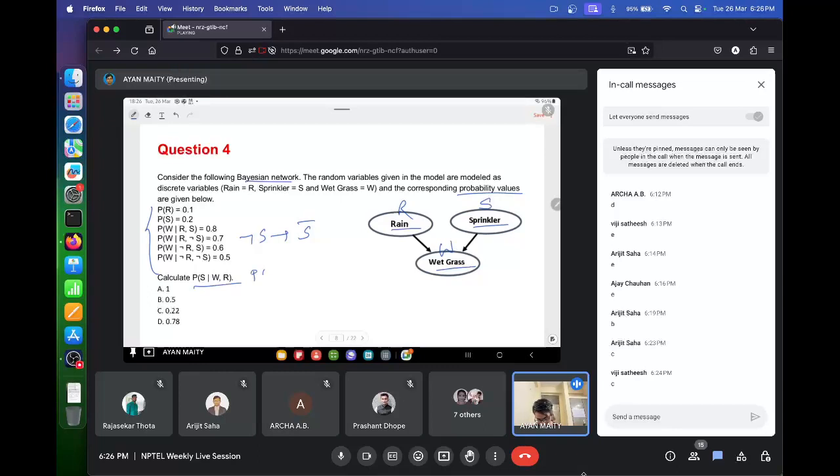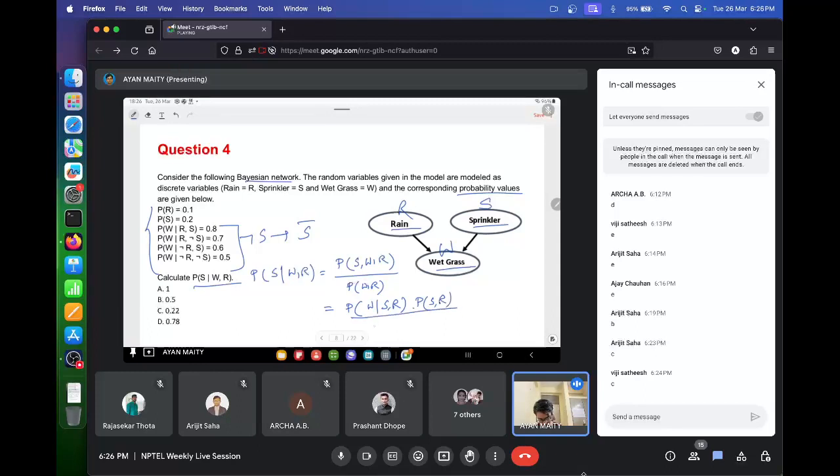So to find out probability of s given w comma r, we have to use Bayes theorem. So we can write it as probability of s comma w comma r divided by probability of w comma r. And we can rewrite it because we were given probability of w given r comma s, and w given r comma negation of s. So this way we can split this numerator as probability of w given s comma r into probability of s comma r,